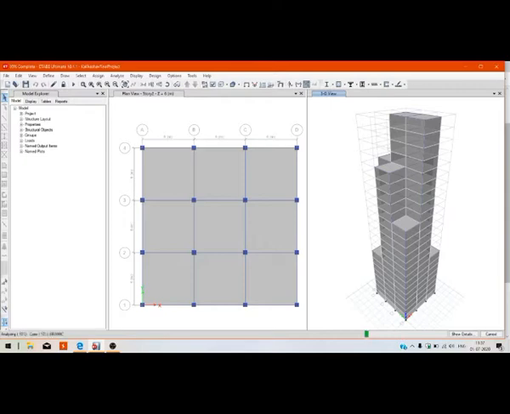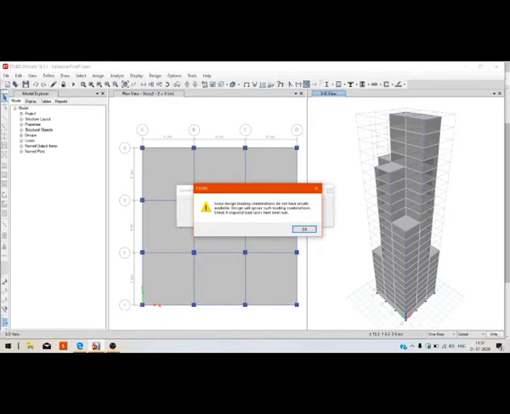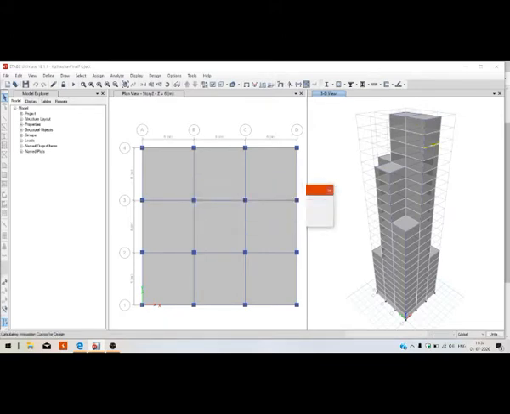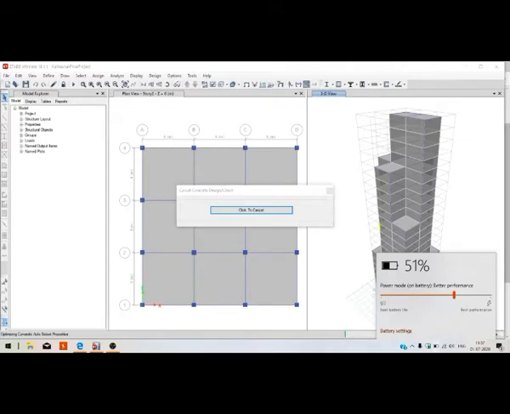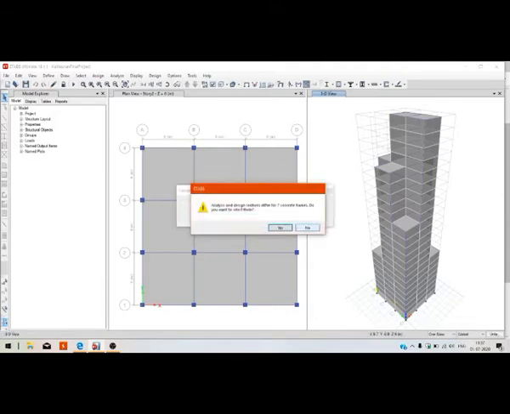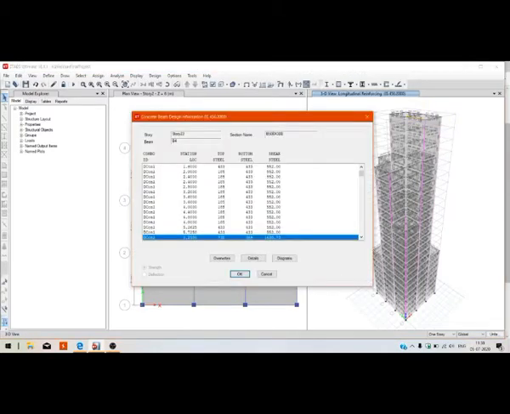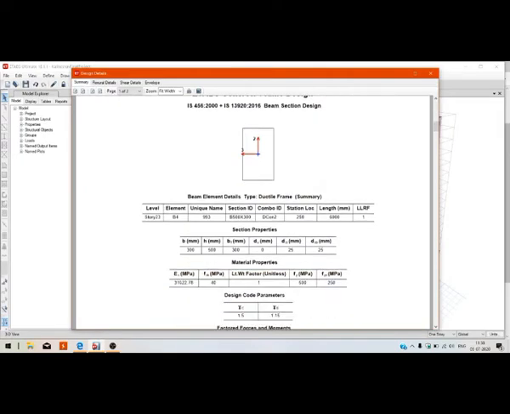The redesigning process has started. So this is the design section.